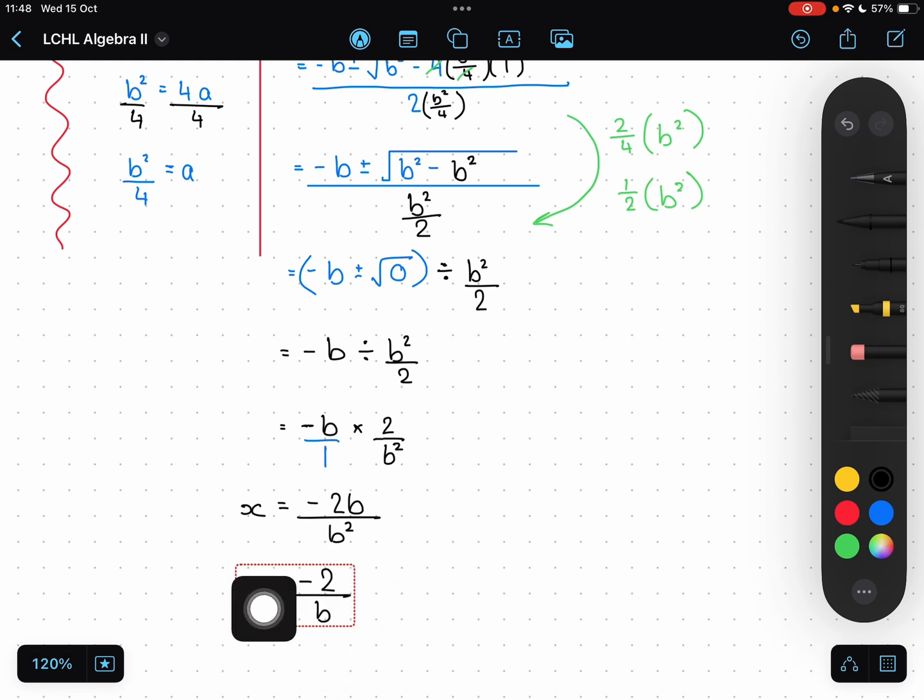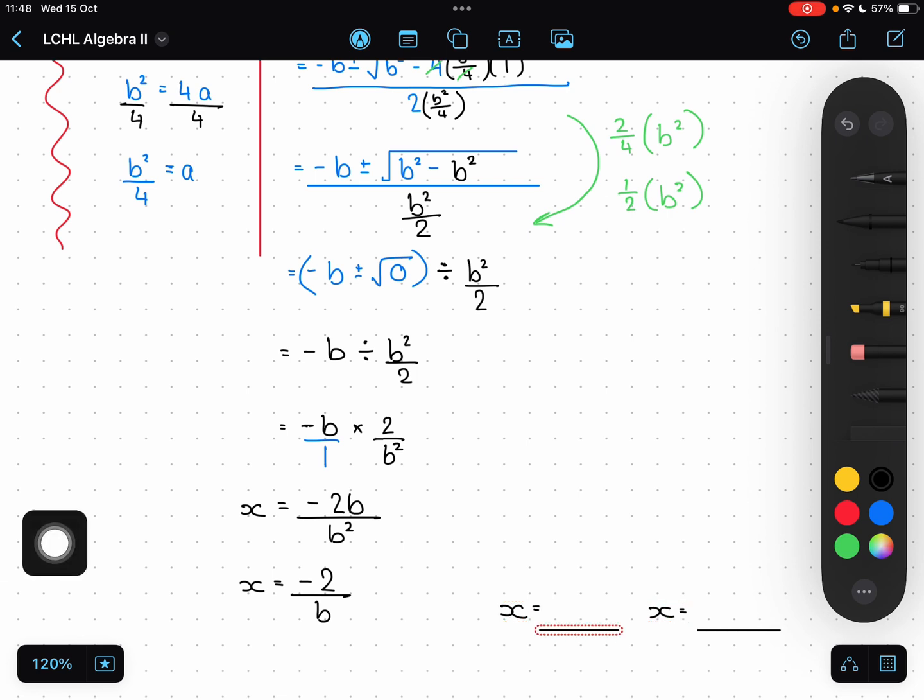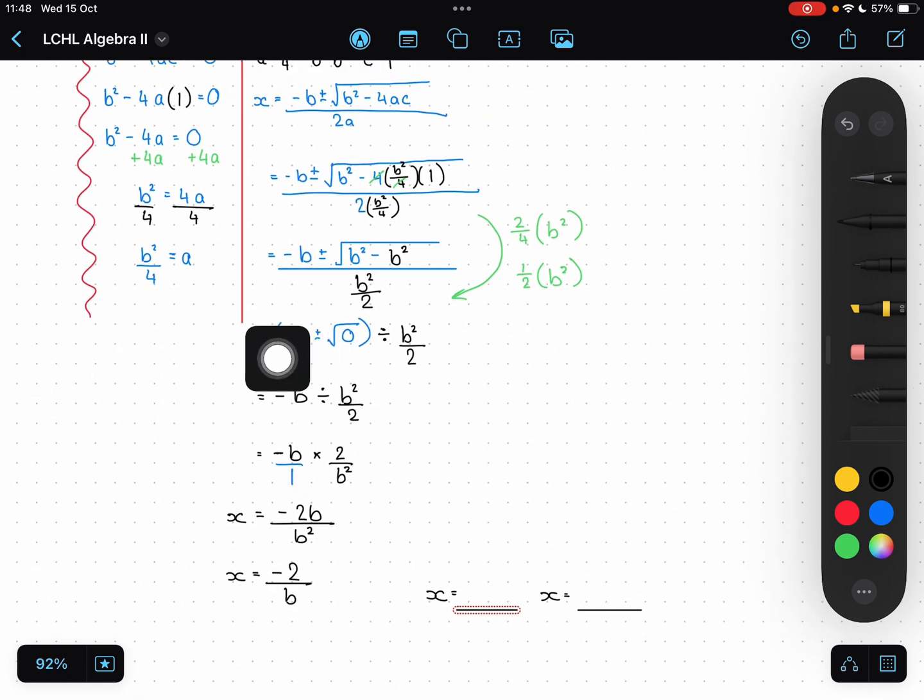And if I needed to, like if in the question it said find the roots, it was 2 equal roots. So if the question gave me something like this with a space to write my answer down, it is 2 equal roots that we have here because underneath the square root, the discriminant was 0. So I knew I was going to have 2 equal roots at that point. So I have minus 2 over b and minus 2 over